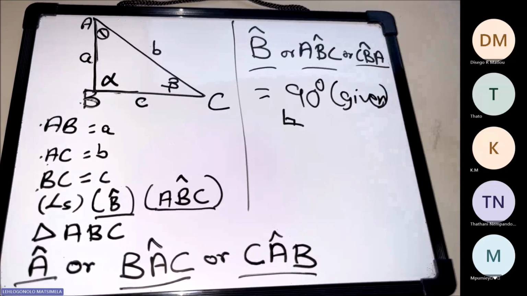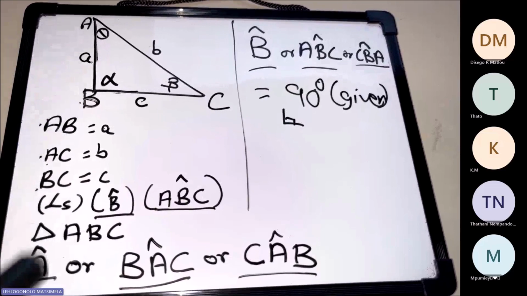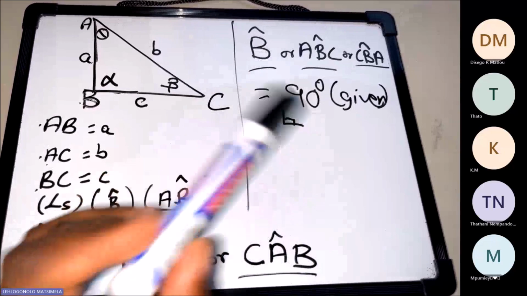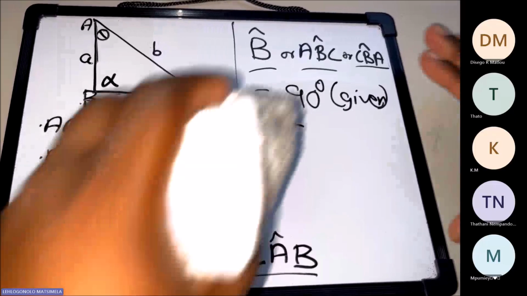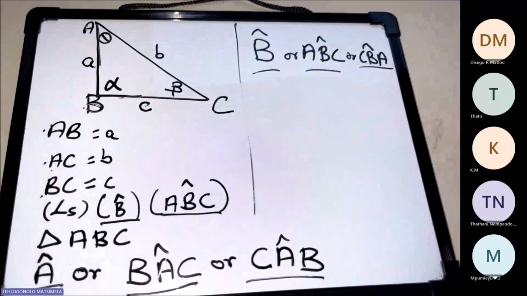So yes, it's a scalene triangle. So going further with this one, we still reference the angles the same way. If the angle is at A, which is theta, we'll still reference it the same way. If the angle is at B, we will still reference it the same way. So what is important here is to reference whatever triangle you are given,